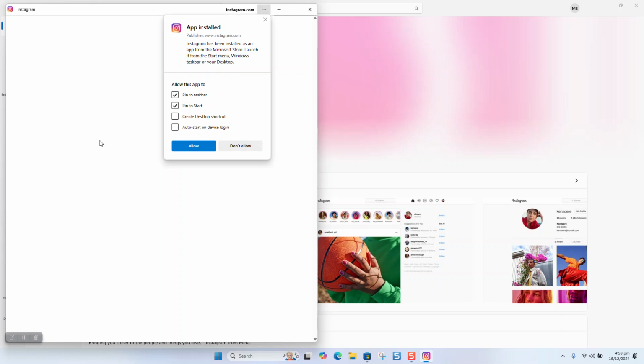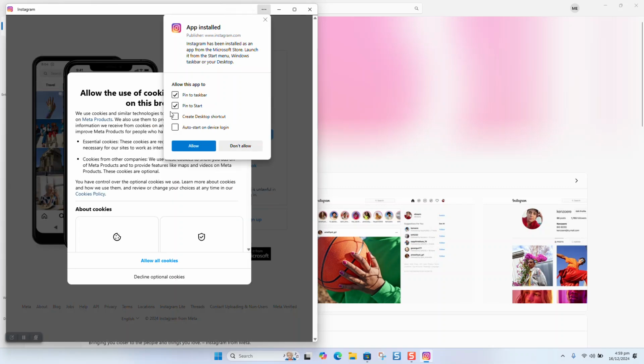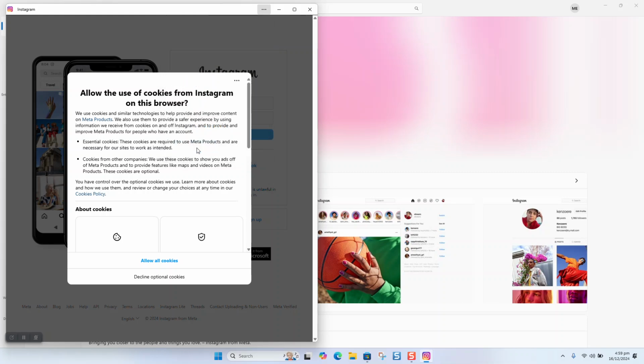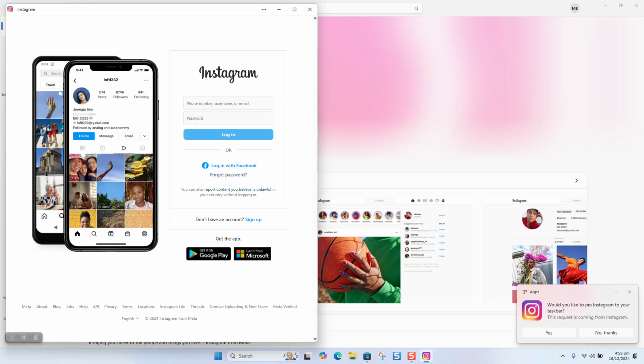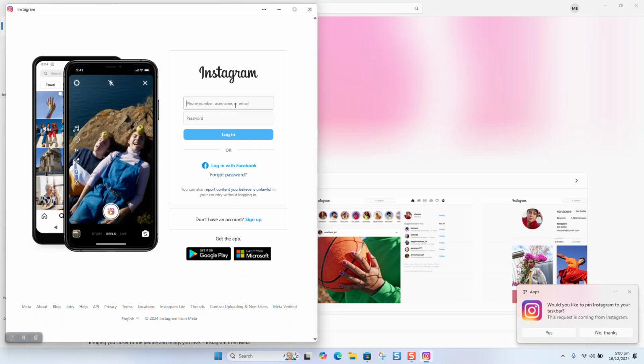As a next step, you will be asked to enter your details. You can always select Create Desktop Shortcut, and you can click on Auto Start on device login. So I will click Allow. You can allow cookies for now. You will be asked to enter the phone number, the username or the email, the password, and then click Login